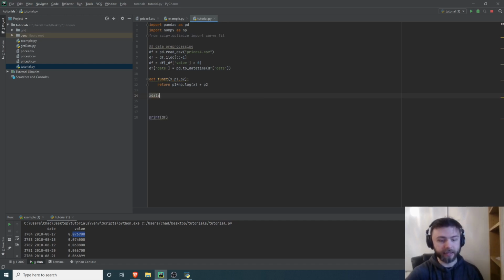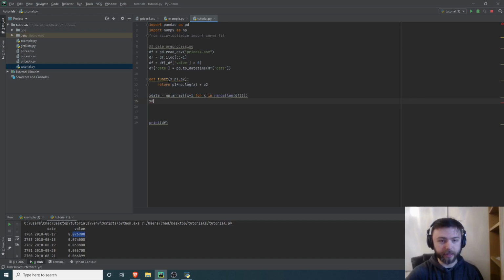So our x data is simply going to be a numpy array of the days since the start of the data set, basically. So all that means is just a list from 1 to the size of the data set. x plus 1 for x in range len df. Just using a standard Python list comprehension there.